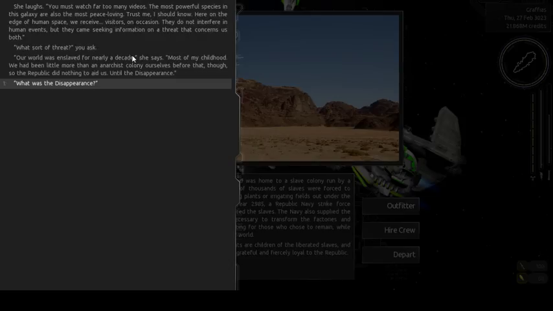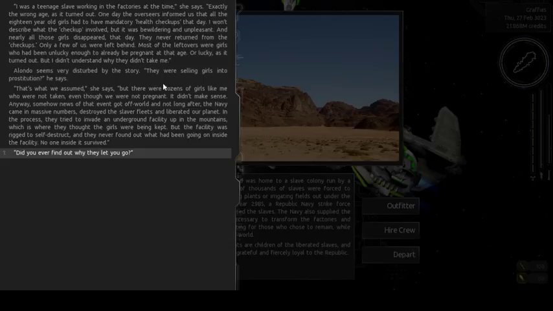They do not interfere with human events, but they came seeking information on a threat that concerns us both." "What sort of threat?" "Our world was enslaved for nearly a decade. Most of my childhood. We had been little more than an anarchist colony ourselves before that, though, so the Republic did nothing to aid us until the disappearance." What was the disappearance? "I was a teenage slave working in the factories at the time. Exactly the wrong age, as it turned out. One day, the overseers informed us that...